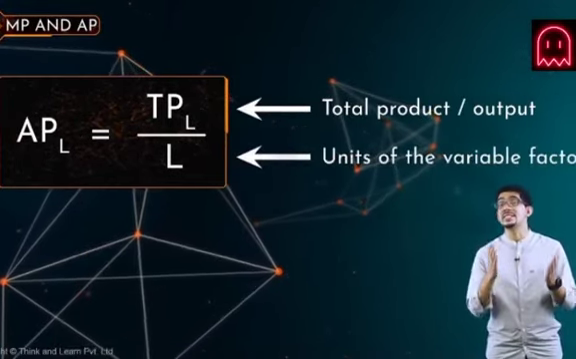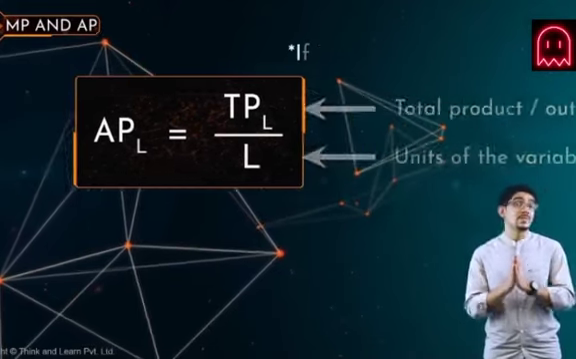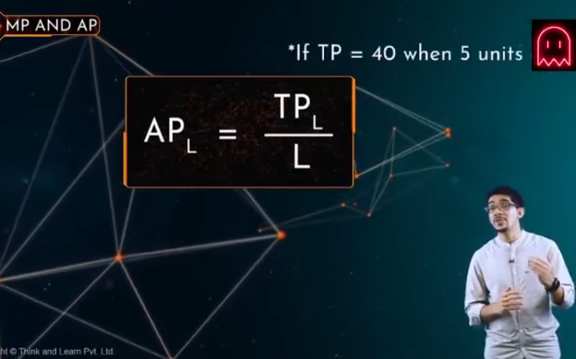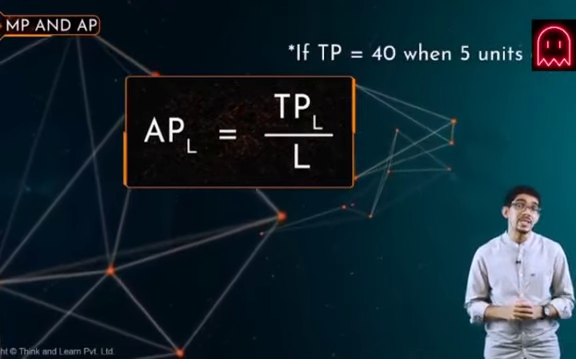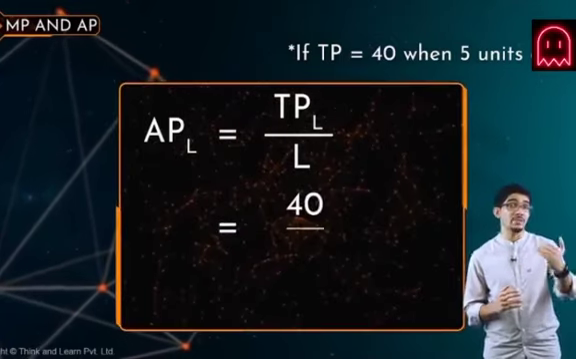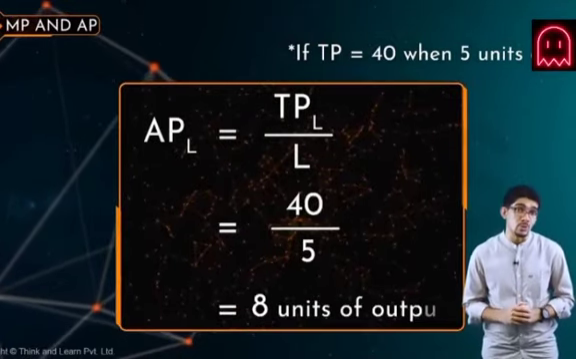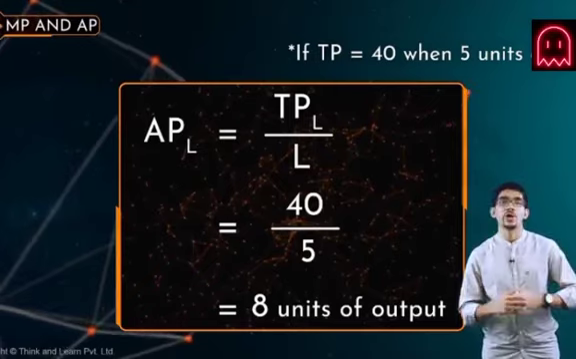APL equals TPL by L. So if TP equal to 40, when 5 units of labor were used, then AP equals TP by L, or 40 by 5, or 8 units per output is the average product of labor, or APL. We can say that AP in effect refers to physical output per unit of the variable factor used in the